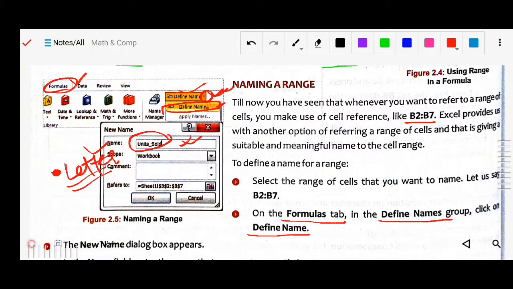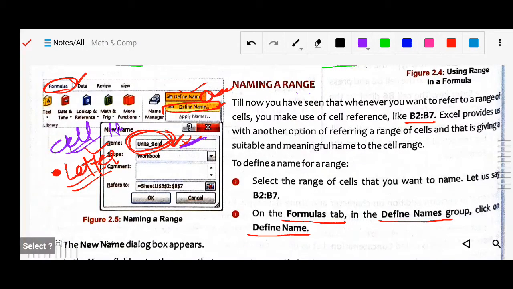And one more very important thing: this name should not be a cell address like B1, B2, A1, A2. Always take care that the name should not be your cell address.